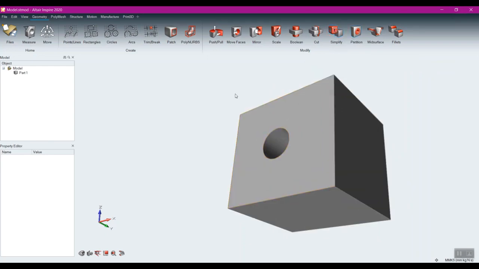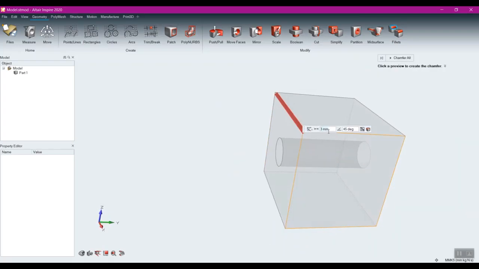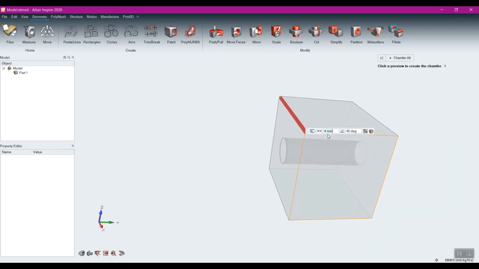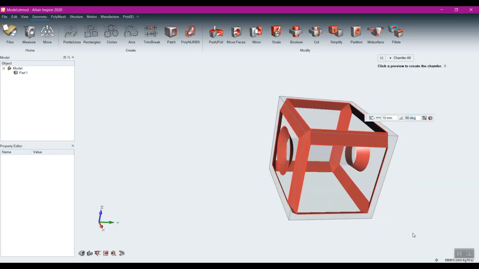And I'll do that because now I want to come to chamfer. So if I come to chamfer, it works exactly the same way as fillet, and then I pick an edge. But now what I get, this value right here, is the depth of the chamfer. So if I say 10, that's going to be 10 millimeters off of the corner. And then I can define the angle of that as well. So the default is 45, so I get a nice 45 degree chamfer, but I can change the angle, and it will change that as well. And just like I could with the rounded fillet, I can select that, and I can get